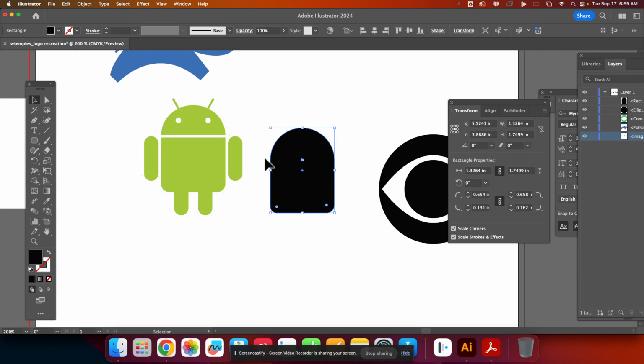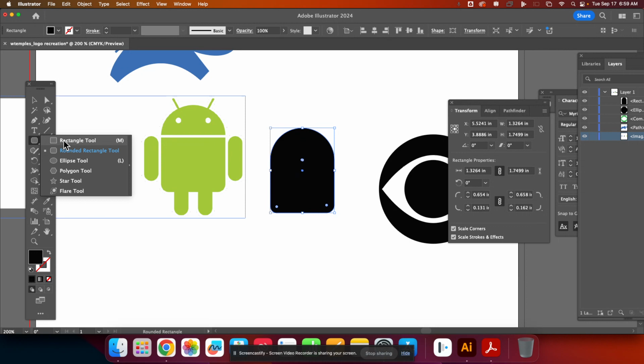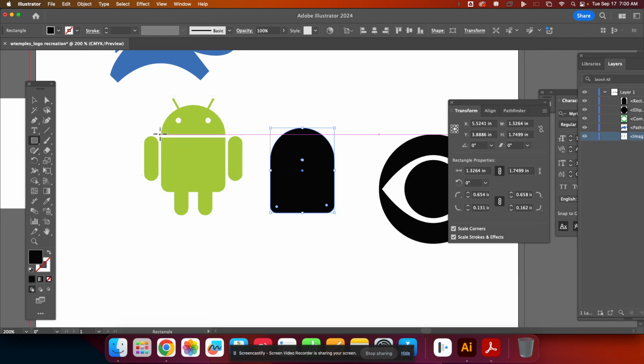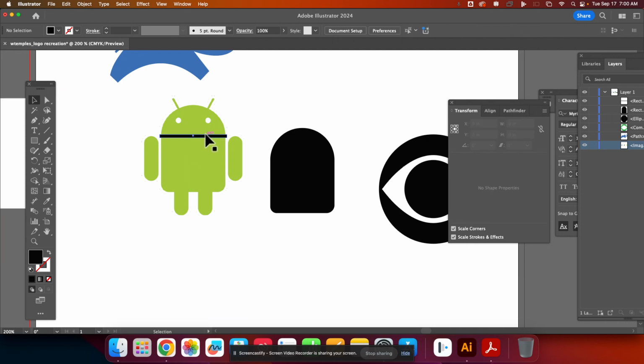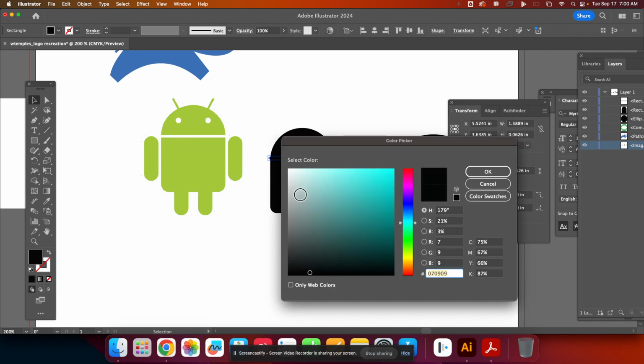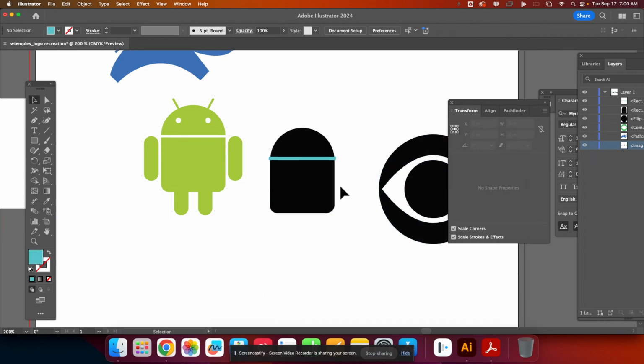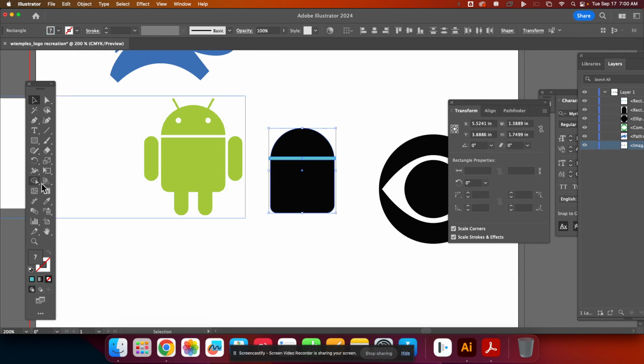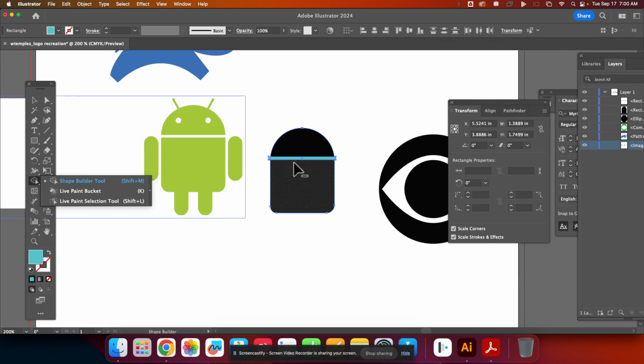Okay, so now I need to cut it in half. What I'm going to do is use my rectangle tool and make a rectangle that's just about as big as this piece right here. And then I can go back here and move it right about there. Let's change the color so you can see it. Okay, and then I'm going to select both of those pieces. I'm going to go to my shape builder tool and then hold the option key to subtract